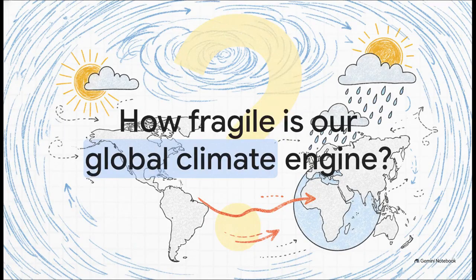Which leaves us with this final thought. We've seen how meticulously structured India's climate is, driven by the steady rhythm of the ITCZ and geographic borders. But if a warming current thousands of miles away off the coast of South America can single-handedly delay the very monsoon that feeds millions across the Indian subcontinent, well, it makes you wonder, just how fragile is our interconnected global climate engine?